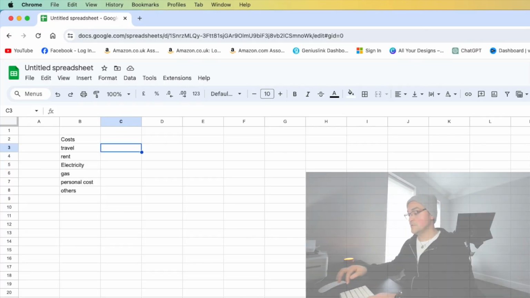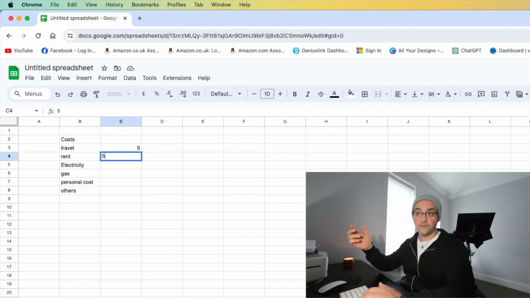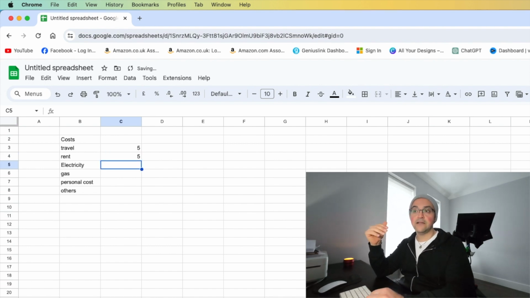Let's say you need to travel to client's home or you have to travel to the gym. Consider the travel time, cost like petrol or the car itself. So let's round up the numbers. And let's say, for example, to go and come back from a location, it's gonna cost you, we're in UK, so £5. Then the rent proportionally to that hour is going to be possibly £5. The electricity and gas combined together, if you have any, is gonna be, for example, another £3 in total.